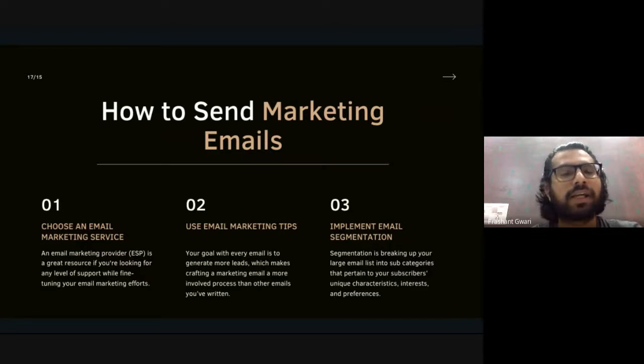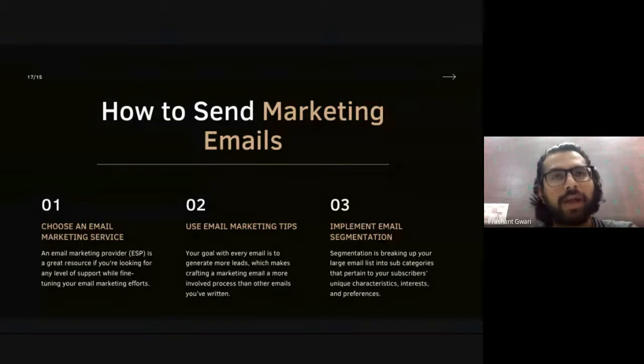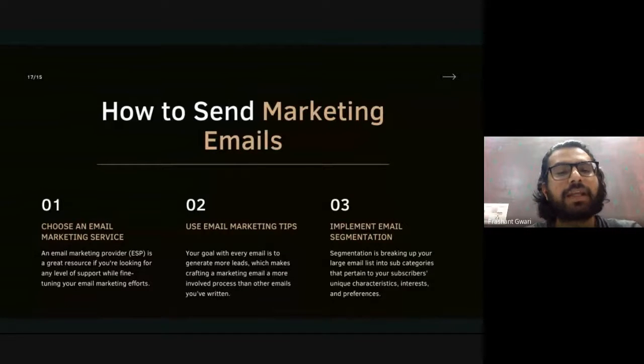So when you are choosing an email marketing service to send an email marketing campaign, you will first check your email list, how many emails you have and how many emails you will send monthly to your email list, and depending upon that you will choose an email marketing tool. Comparing the number of emails they provide and the charges they take monthly or yearly, you will pick an email marketing service provider. The first thing you need to send email to your email list is an email marketing service provider or an email marketing tool like MailChimp, ConvertKit or Wix.com.